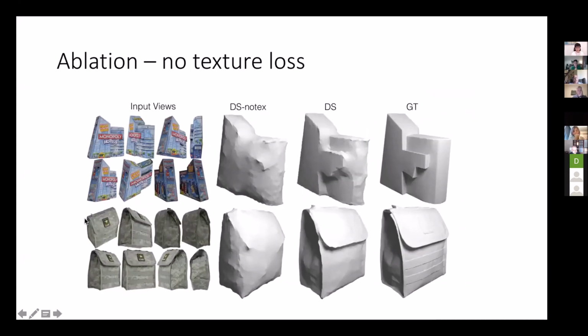Okay, and then this approach uses both the mask, which makes you think of sort of space carving and stuff like that, and it's using that signal for sure. But it is also making use of the signal of the texture. Just to do an ablation, if you were not using the texture signal, then this would be the kind of reconstruction you would get. You would kind of get the outline of the shape, but you would not get the concavities and things like that, for which you really do need to be looking at the texture. And this is the ground truth.